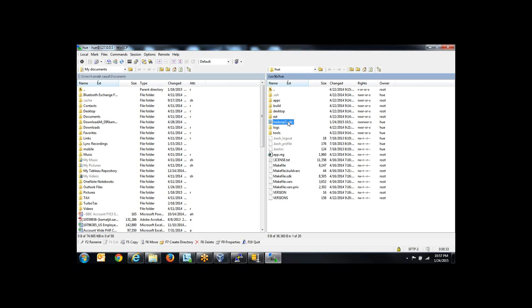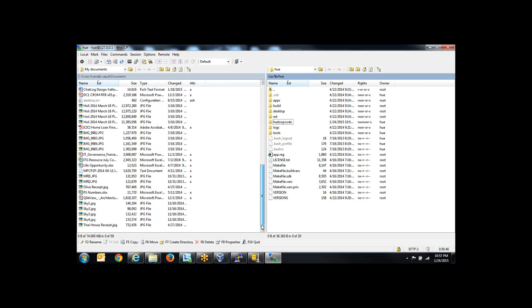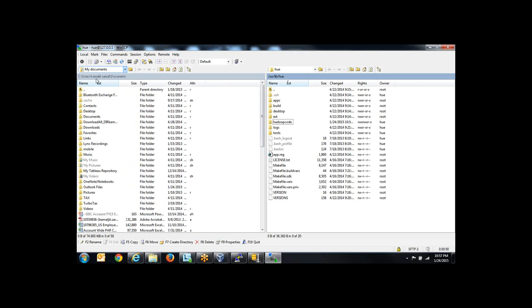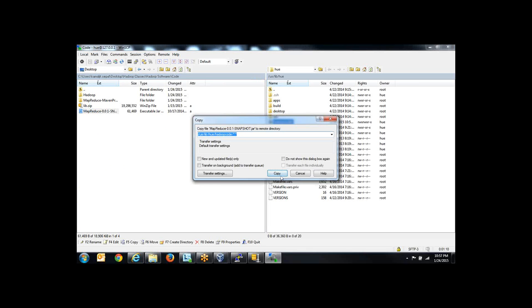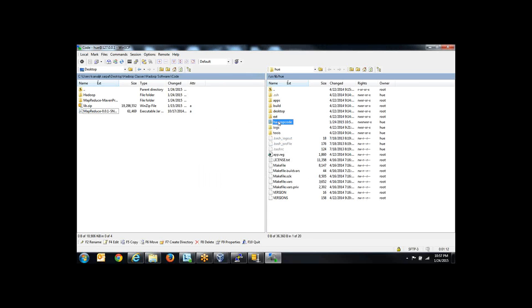Hadoop. Oops, I should rename it as all in small. Okay, and just drag that jar file from your code folder to here. So that would be under my desktop. And the jar file, yeah, just drag it over there. Hadoop code, copy. Yep. So now we have the jar in your